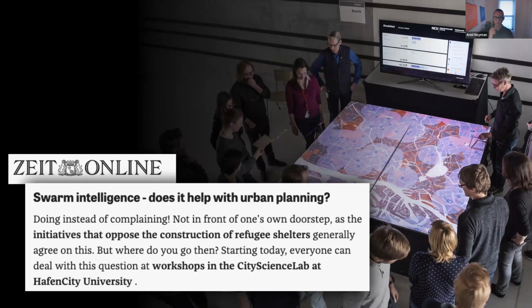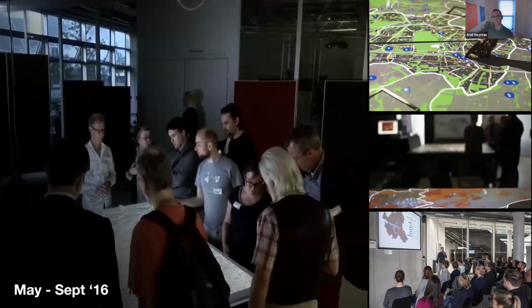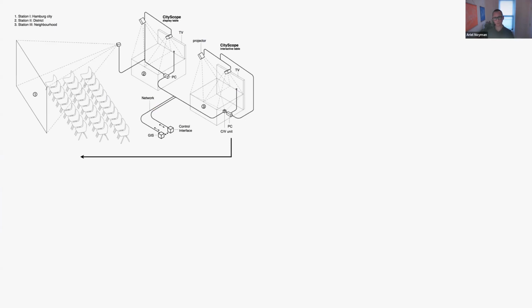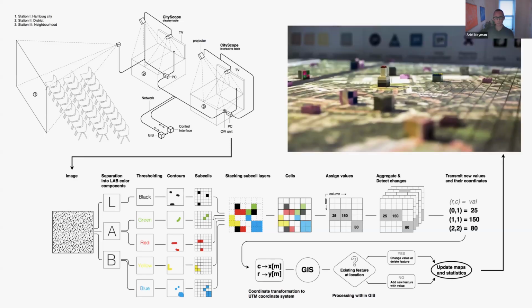And indeed, over the next 3 months, we had about 400 participants in 30 community meetings. Each of these sessions started with, first of all, getting insights, as I mentioned at the beginning, about the current state of refugees in the city of Hamburg. And then the team would transfer into an interactive CityScope platform. On that tool, every time an interaction would happen, a GIS system would offer real-time feedback on zoning, land contamination, access, and some other KPIs. And finally, the team together can reach a conclusion on what are the best places to host those refugees.